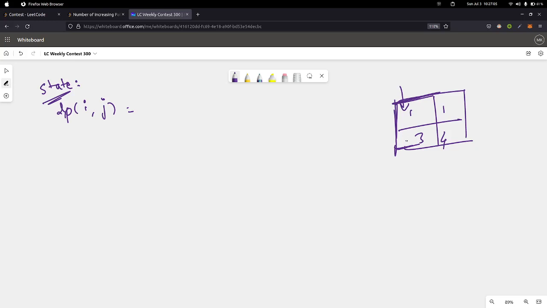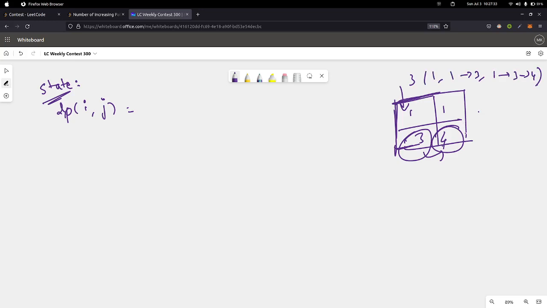So I will make a call to this function, and this function will make another call to this cell, and it will go on, right? So after some time we can know the total number of strictly increasing paths starting at this cell will be 3, which is 1, 1 to 3 and 1 3 4. Okay,